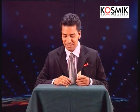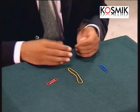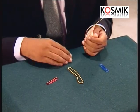sooner or later when you start doing magic, people will say, whenever they see you, hey man, can you show me some magic trick? You're a magician. And you might step into somebody's office, your friend's office, and you'll say, why don't you show magic in my office? These are stuffs you come across as stationary items in the office, rubber bands and paper clips,